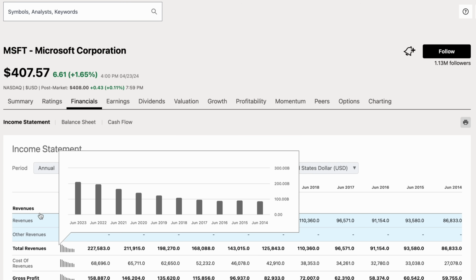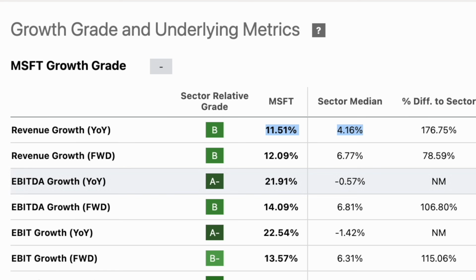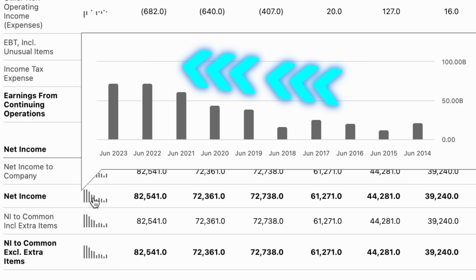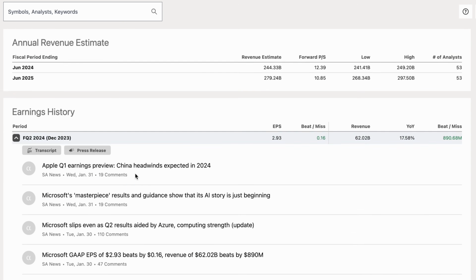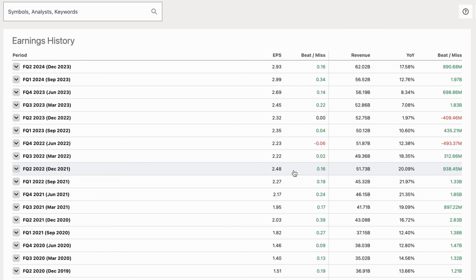Now, if we look at this revenue growth year over year as a percentage, it's growing at over 11.5%, which is beating the growth of other stocks in its sector of technology. And with the revenues of Microsoft growing, so is the net income growth. The next metric that I look at is earnings. Now, a question to ask is if the company is consistently beating its earnings targets, which will make investors and